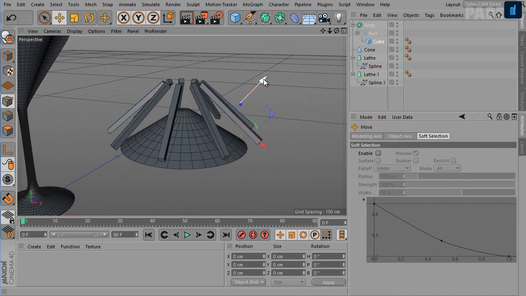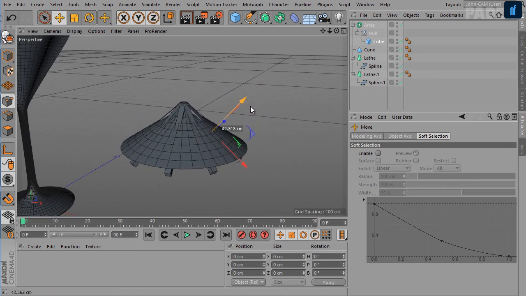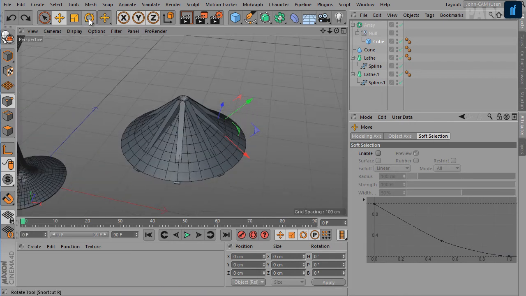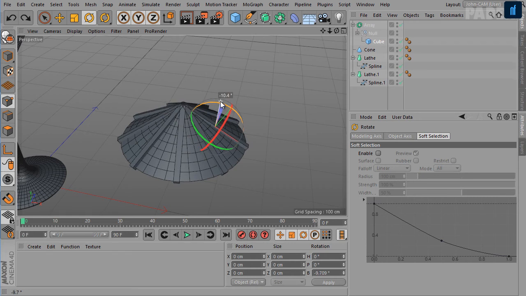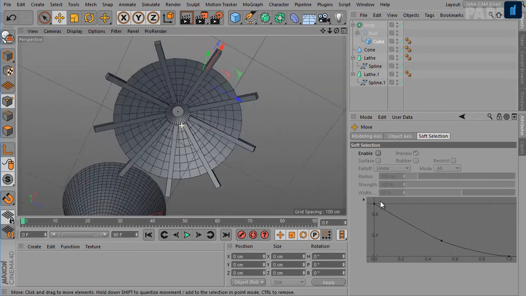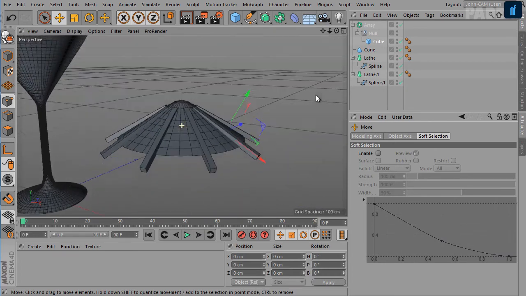Also move it down. Okay. And use the move and rotate tool to align these sticks to the umbrella.